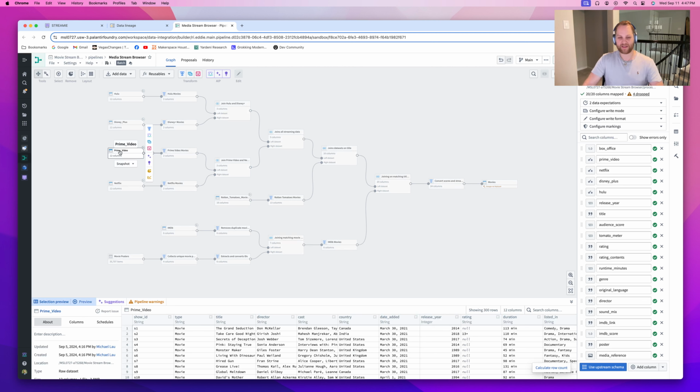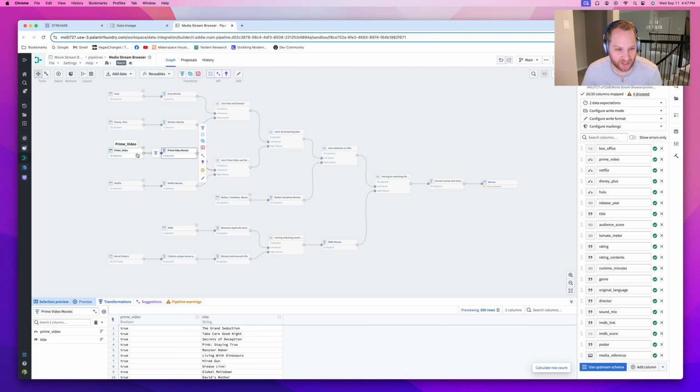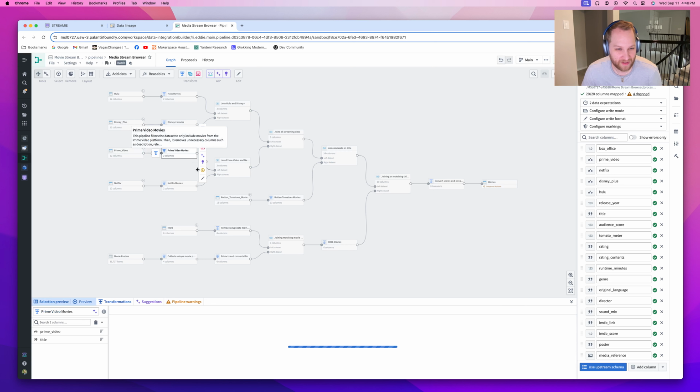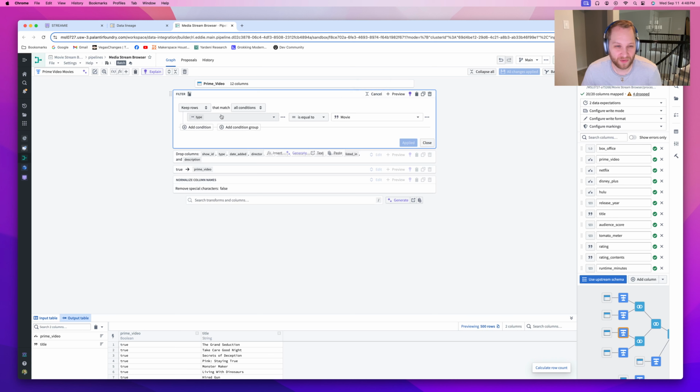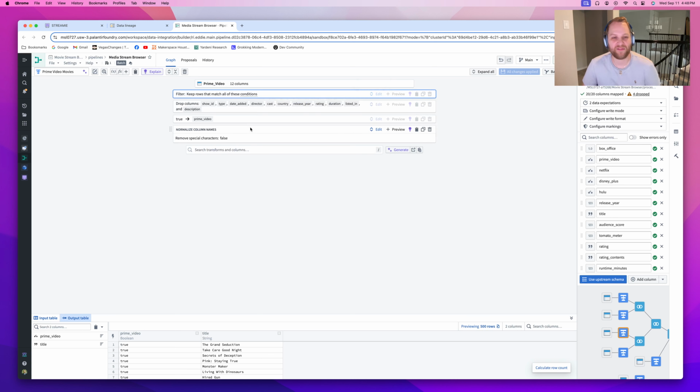In this example, maybe I'm trying to build strictly movies, and this data set contains movies and TV shows, so it's showing a movie type. I can just go here and say transform, and it's going to populate this. And I'm going to say, all right, filter out only types that are movies. So it's going to drop off all TV shows, and then drop off all the stuff that I don't really care about, because all I want to do here is have all the titles and whether or not they exist on Prime Video. So I create a new Boolean value and set it to true,